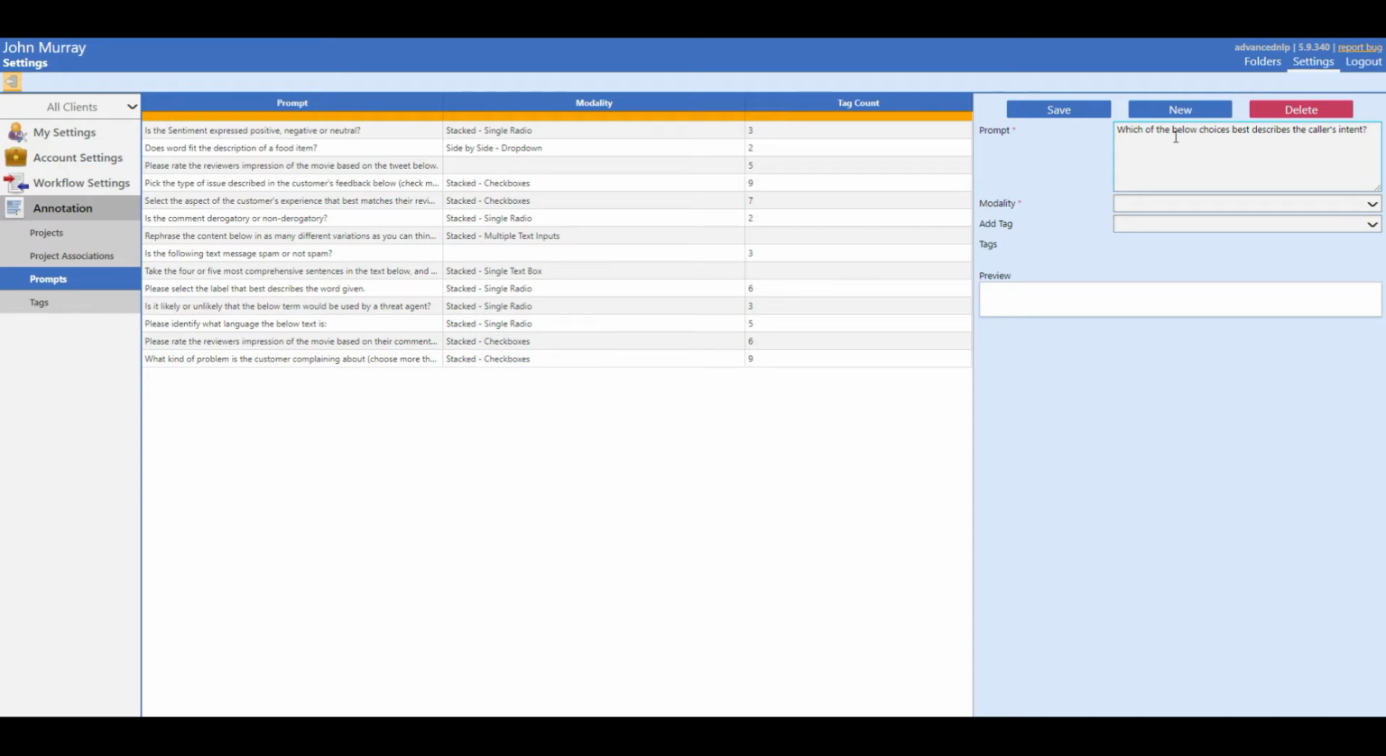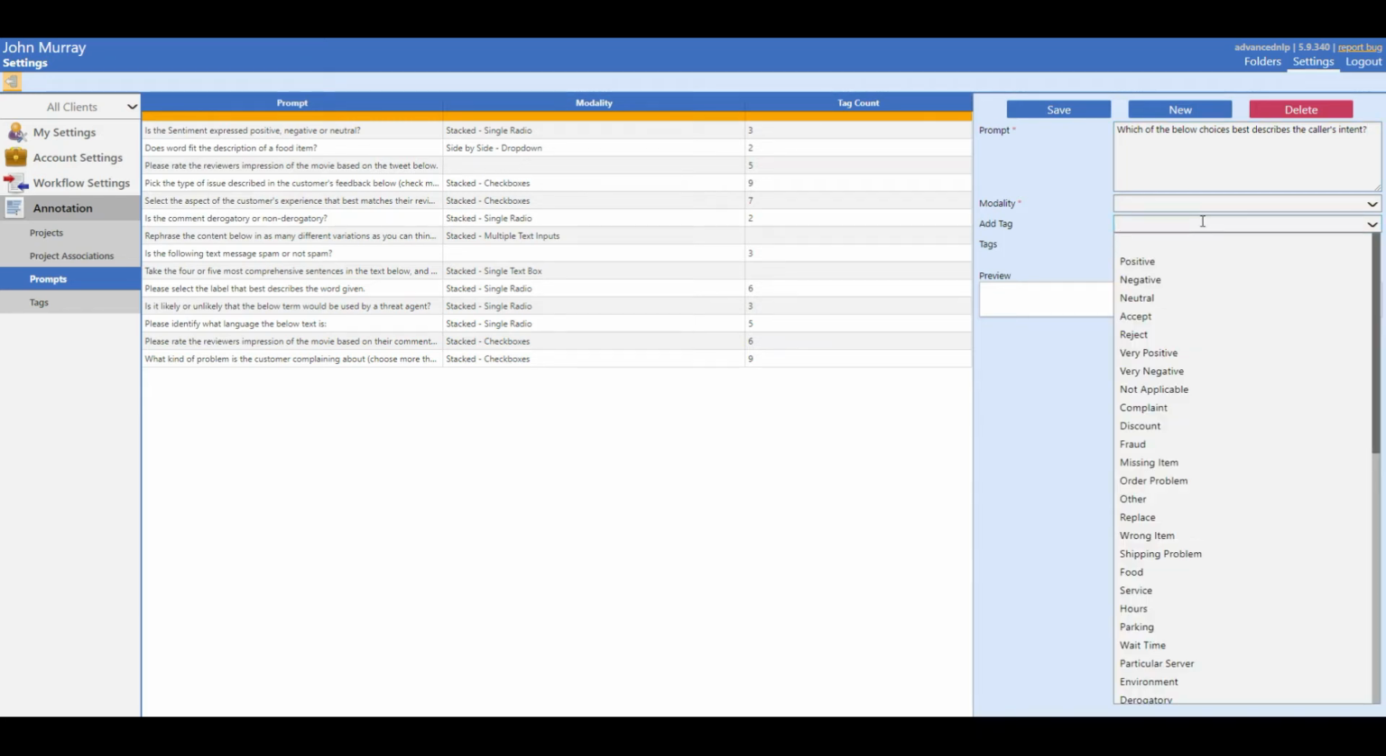Now that I've added my prompt, let's add the tags or response options that the annotator will see in the workflow. Now I created mine ahead of time. They're in my tags library, and I'm able to quickly search to pull them up. The 6 response options that the client asked for are mechanical issue,